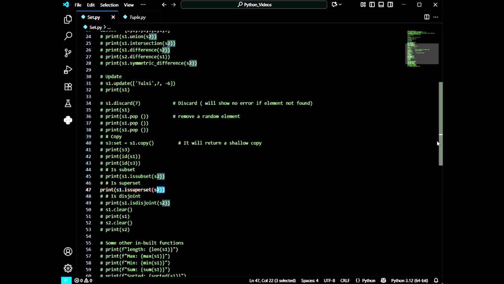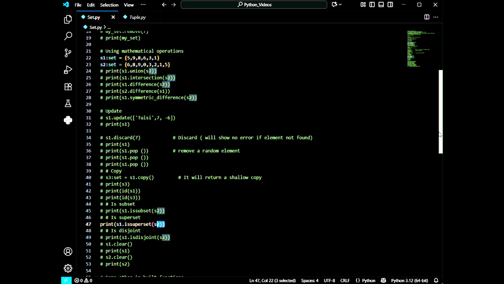the terminal. Now you can see that in the same manner as I have said that S1 is subset of S2, that means all elements of S1 is present in S2. So that's why we can say that S1 is subset of S2. But what if I reverse the condition?